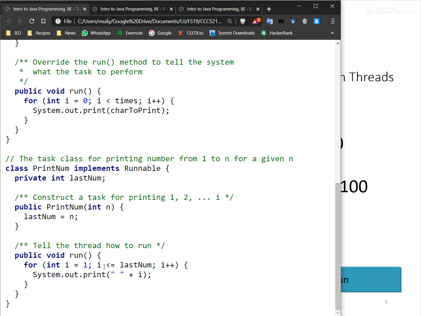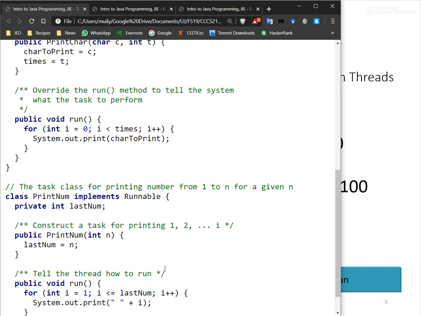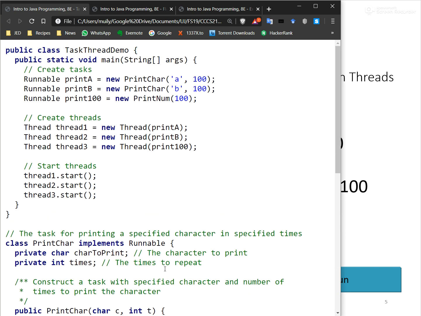It's just a loop that prints out the counter variable from 1 up to last num, and that's it. So now let's take a look at the most interesting part, which is the main method. We have this class TaskThreadDemo, which has a main method, and inside of it we create